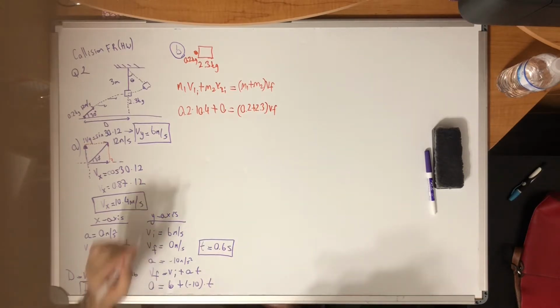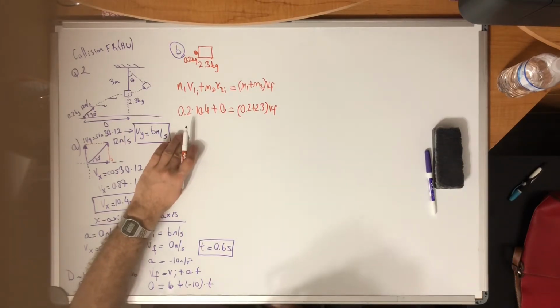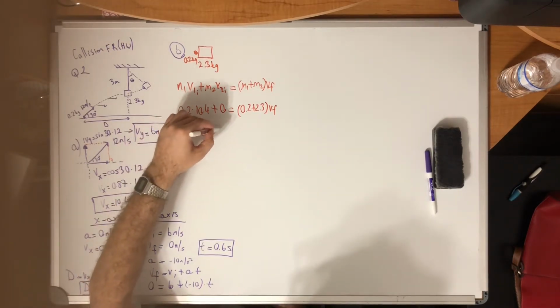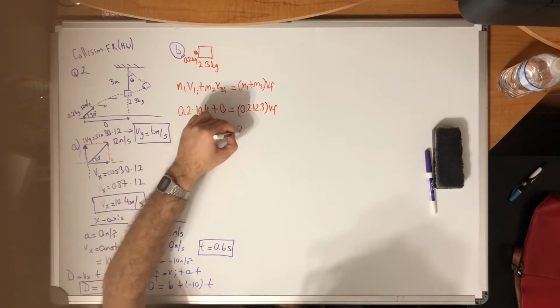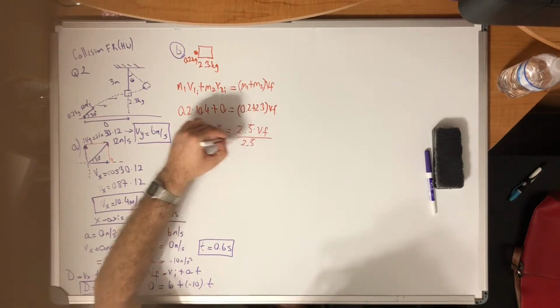So once we do the calculation over here, we will find 0.2 times 10.4 is equal to 2.08, and that is equal to 2.5 times V final. Divide both sides by 2.5,